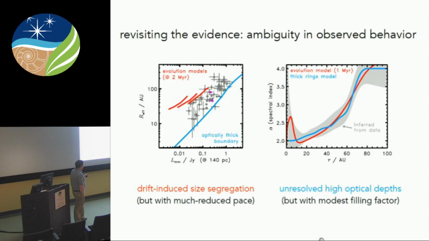And this is an evolutionary model at 1 million years. It does a good job, but again, you have this efficiency problem. And blue is basically what I put in there, where rings at the locations of TW Hydra are convolved to the resolution of the data that was used to get the gray effects. So clearly in TW Hydra's case, these can be explained as optically thick rings with a modest filling factor.